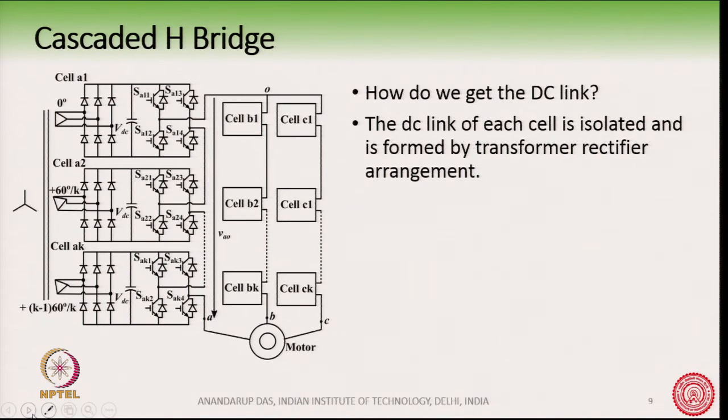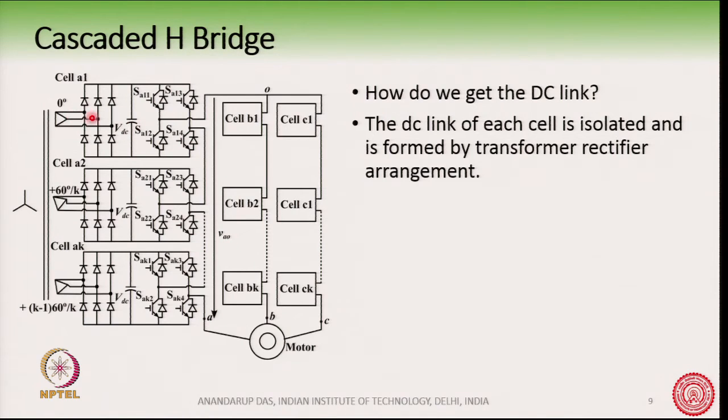How does the real converter look like? Say, for example, we are supplying a motor load here, and this is B phase, this is C phase, and this is A phase, which is shown with the detailed circuit. And if you see one cell in phase A, these are the 4 transistors or IGBTs with anti-parallel diodes,